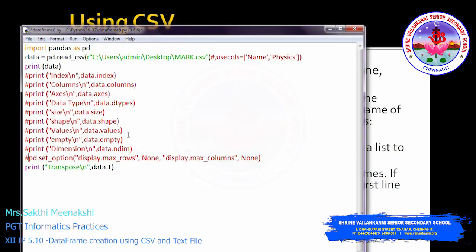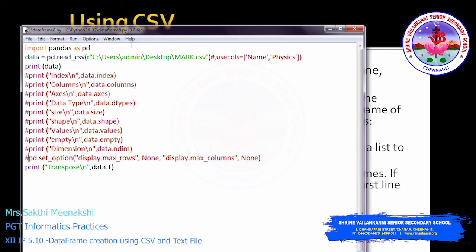So let's see these parameters with an example. Okay, so this is my program, right? In the first statement, I'm importing the pandas module. Then I'm using an object called data. I'm using pd.read_csv. See, look at this one, where I stored my marks.csv file on the desktop. But this Python program is stored in the path C:python 3632 and dataframe 8. This is the absolute path, the path where this current program is stored.